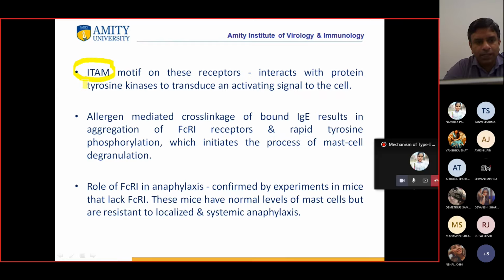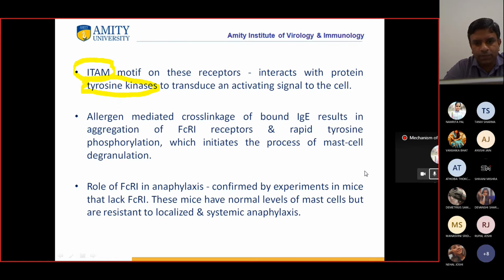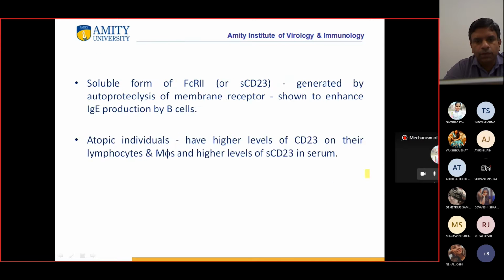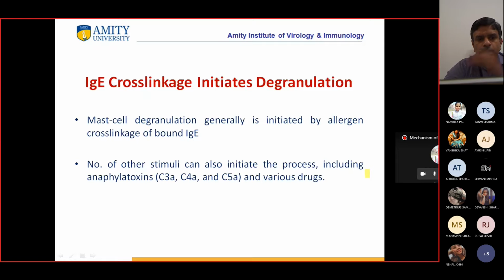The protein tyrosine kinase. Okay, and when these tyrosine kinases interact with ITAM, they induce an activation signal to the cell. Okay, so let's not go into the detail now. Let's understand the mechanism first. Okay. Okay. Now,